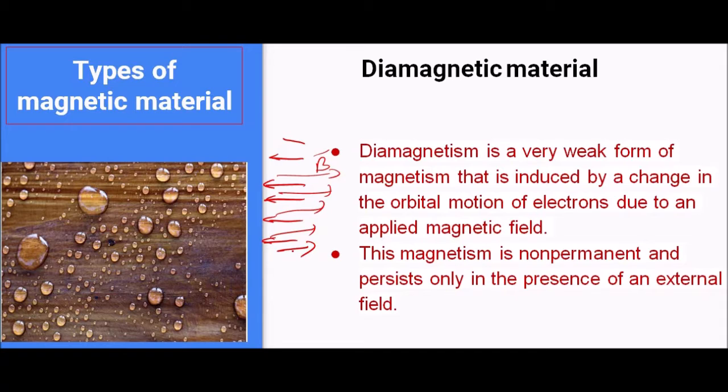In the previous video we have seen that based on the magnetic susceptibility we can classify the material into diamagnetic material or paramagnetic material. For the diamagnetic material, the value of magnetic susceptibility is negative. When diamagnetic material is placed into a non-uniform magnetic field, it will start moving from the region of larger magnetic field to the region of smaller magnetic field, and this phenomenon is used in magnetic levitation. So this is about diamagnetism.